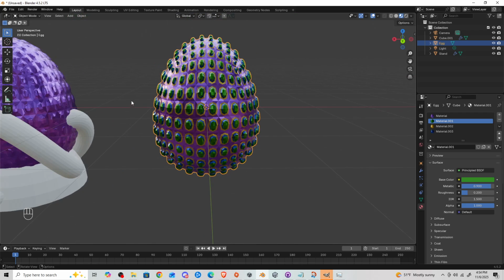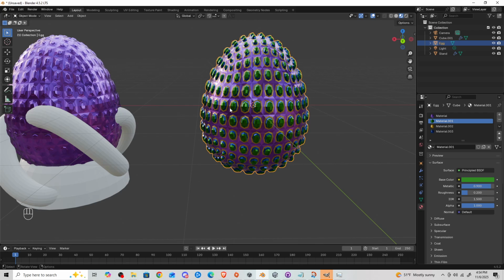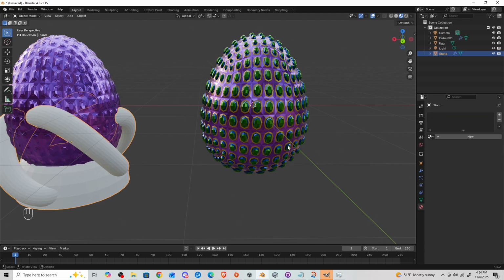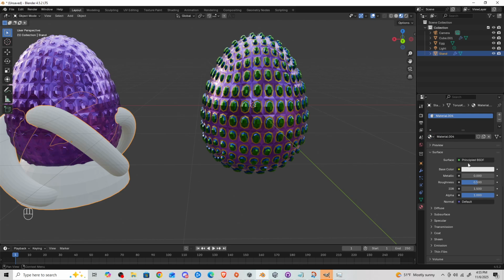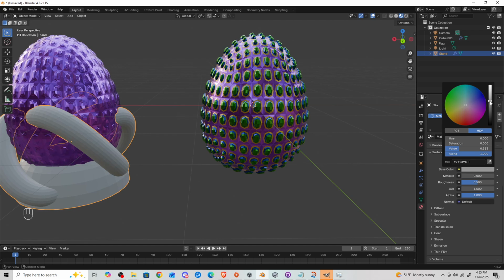Okay, let's move on to the base, I guess, then. So we can now select this, and we'll go to our modifiers, and we'll apply the modifier. No, wait. Don't apply the modifier. We will color it first, and then we'll apply the modifier. Okay. For this first material, what do we want to do? Similar colors would be nice, but I think we should also have maybe like a silver. So let's come here. Give it maybe a little towards blue,